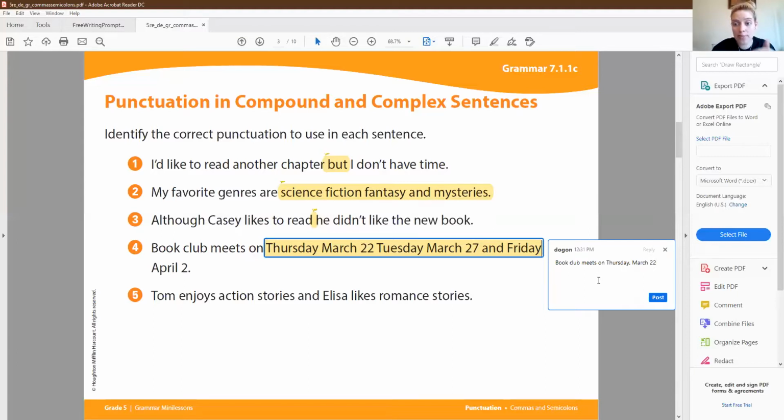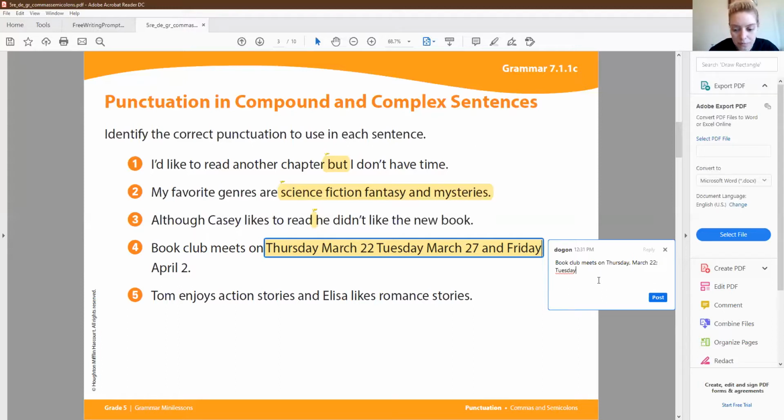Now I'm going to my next date, okay? So now I need to put a semicolon. I need you to find the semicolon on your keyboard. I know, guys, it might be a little difficult, but it should be on the second row of letters, okay? And it should be right there. You should see it. There should be a colon and a semicolon, okay? So there's a semicolon,